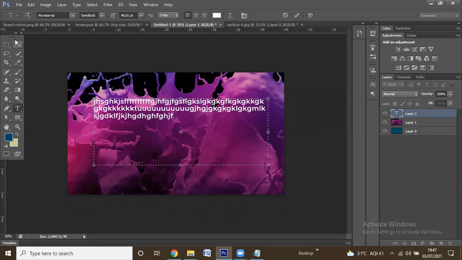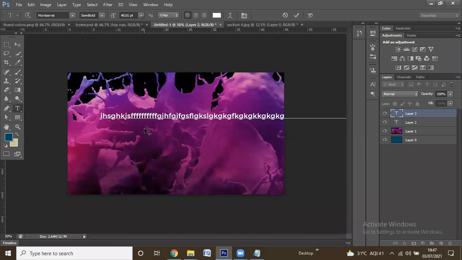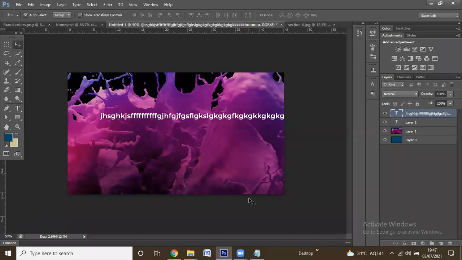Another mode is also there: you can just simply click with the text tool here and place text, so it will go beyond our canvas. Based on your requirement you can use either. You can put boundaries or simply place text like anything, that's up to you.